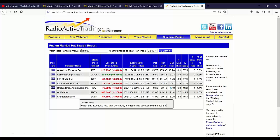Okay, so 2% of that $50,000 would be $1,000. This one is 548, so I could only trade one contract. I'd only do 100 shares in one contract. This one here, the Comcast, is a risk of 393, so I do 200 shares and two contracts. I shouldn't do 200 shares of this because actually it only put me at 2.2